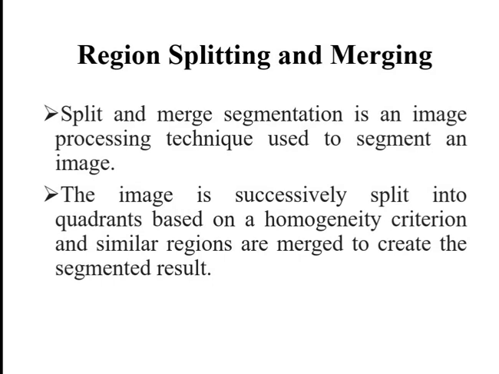If Q of R is false, we divide the image into quadrants. If Q is false for any quadrant, we subdivide that quadrant into subquadrants, and so on. This particular splitting technique has a convenient representation in the form of a so-called quadtree, that is, a tree in which each node has exactly four descendants.